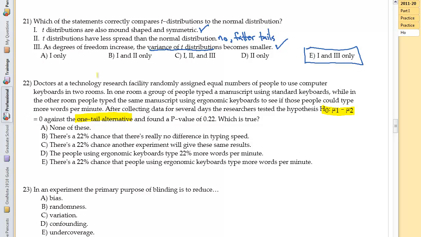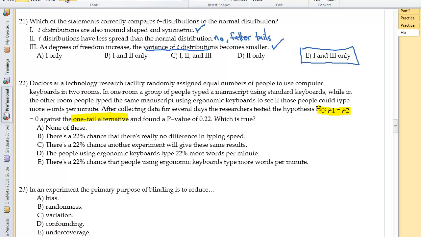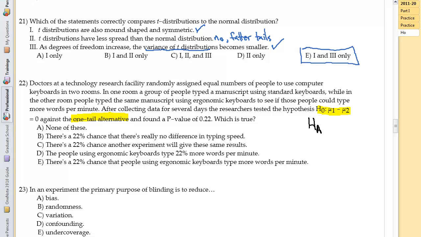What would be the one-tail alternative here? I mean, it's a good thing to write these things down. The alternative hypothesis would be that mu1 minus mu2 would be less than 0, right? Because they want to actually discover whether the ergonomic keyboard was better. That means a bigger score, more negatives, is going to be less than 0, okay? So, wow, as I'm looking at that, that looks like crap. So I'm going to redraw that, but I'm not going to re-explain it. Okay, so the alternative hypothesis is mu1 minus mu2 is going to be less than 0.